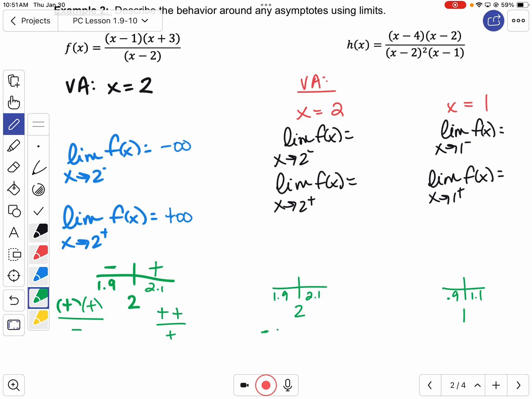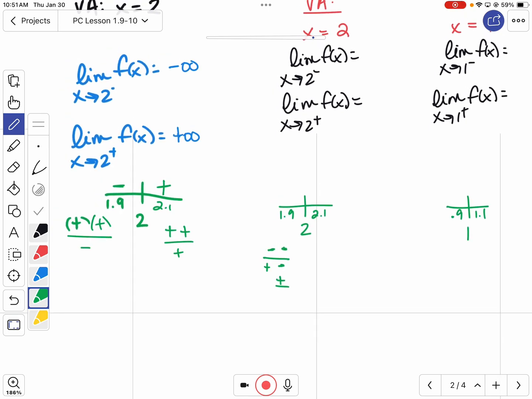1.9 minus 2, that would be a negative. On the bottom, 1.9 minus 2, that'd be negative, but if I square it, it'd be a positive. And then 1.9 minus 1 would be a negative. So let's think about what would happen if I did that multiplication. A negative times a negative gives me a positive. On the bottom, I would have a positive times a negative, which is a negative. And then if I divided, in the end, the whole thing would be,